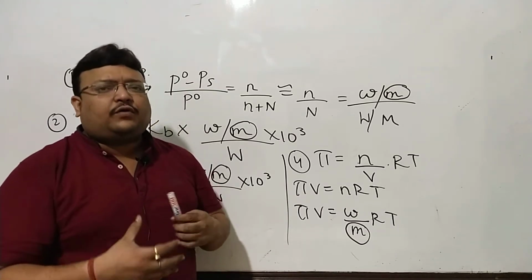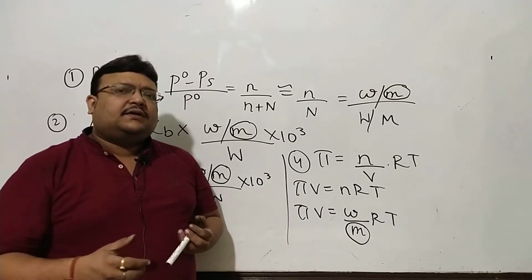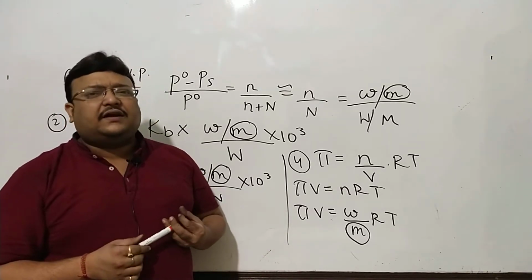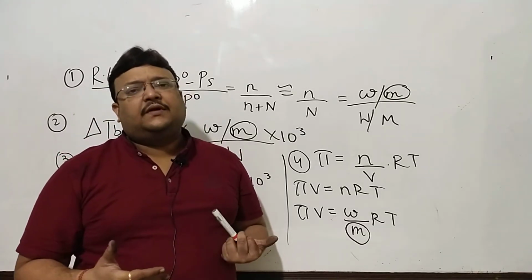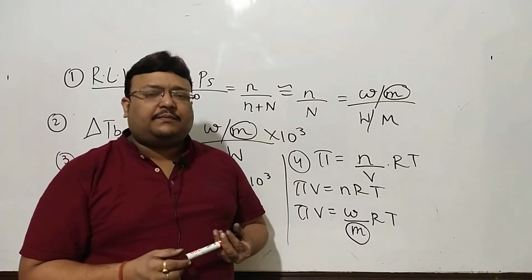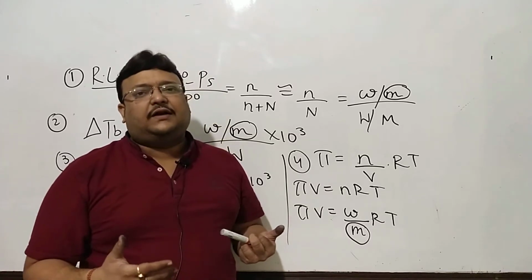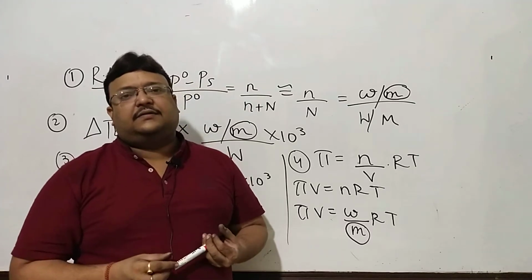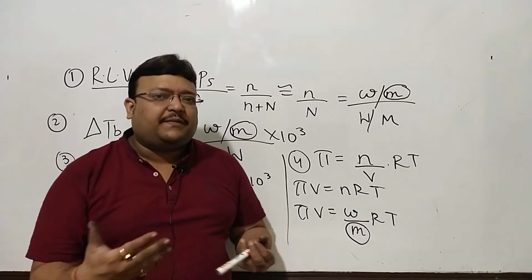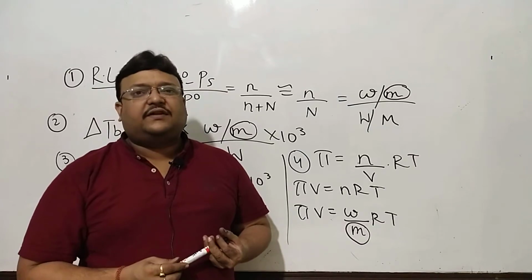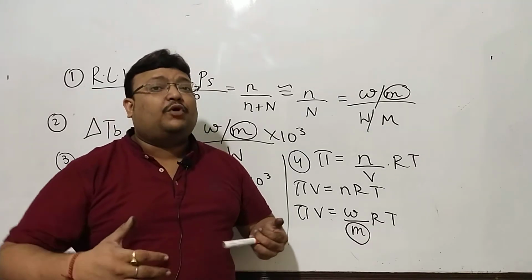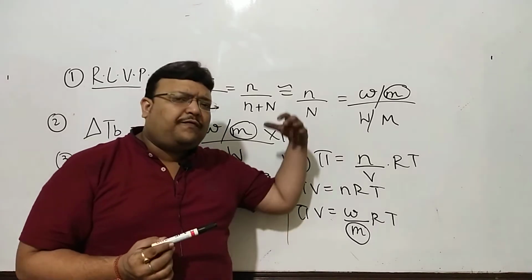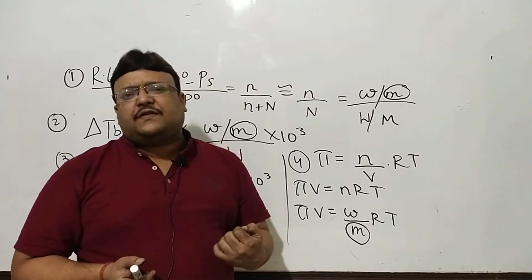And the reason I wanted to speak about it right now is the next segment of this topic, and generally it's taught under the head abnormal molecular weight. I do not believe in that way of defining or framing the topic. That is how it's framed in most of the textbooks. They call it expected and abnormal molecular weight. There is nothing like abnormal molecular weight.